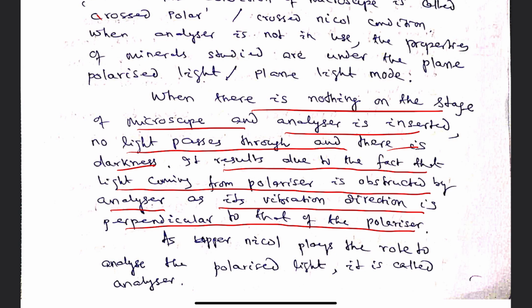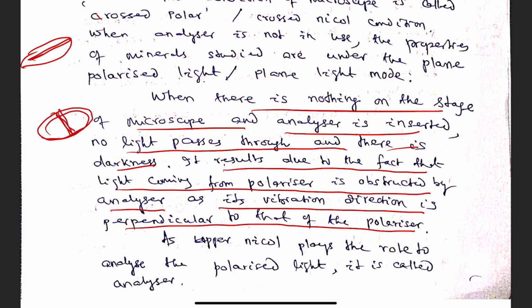That happens when we are not aware of the fact that the lower nicol and upper nicol are not in a perfectly perpendicular condition, because through the process of rotation we miss the condition when the analyzer vibration direction is perfectly perpendicular to the polarizer vibration direction,